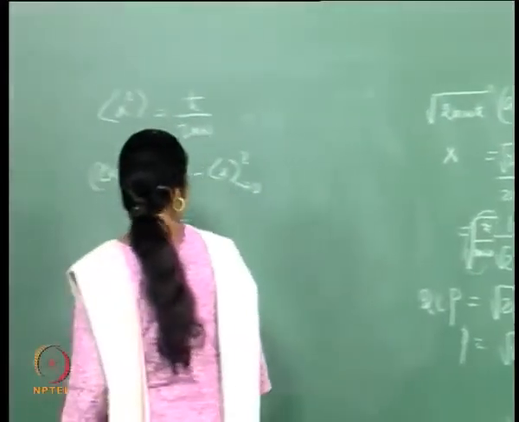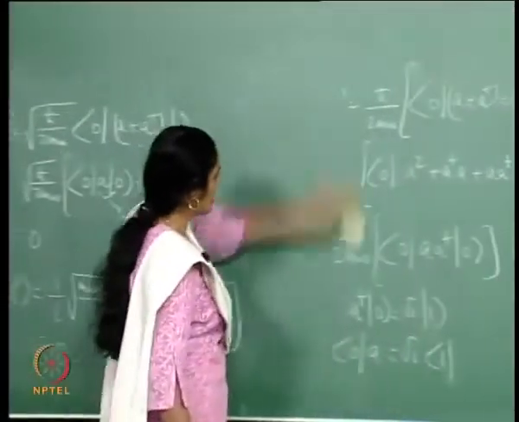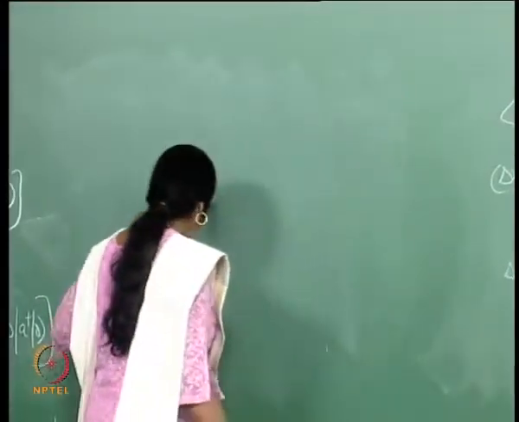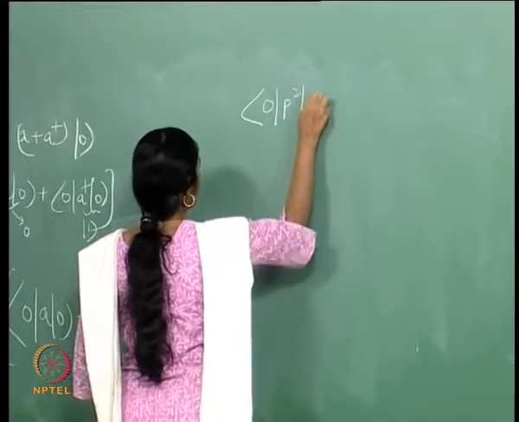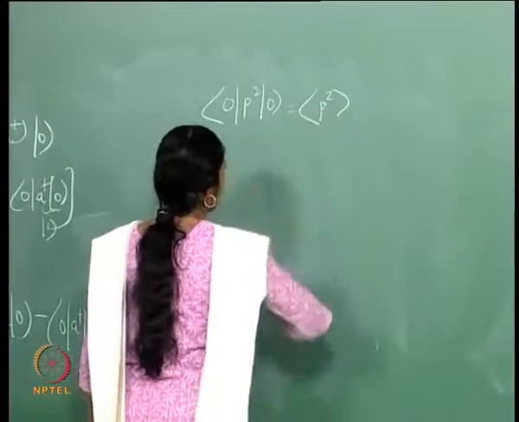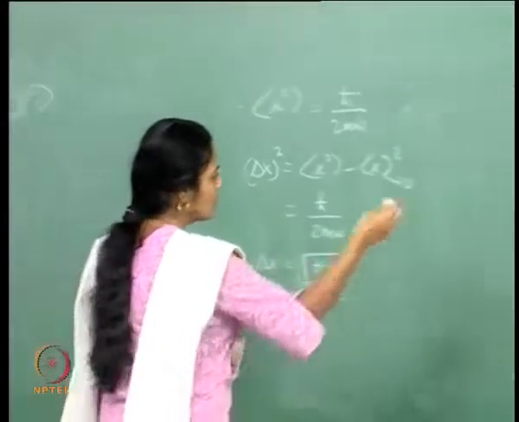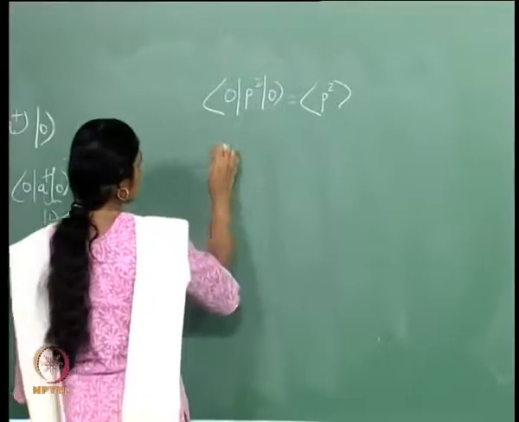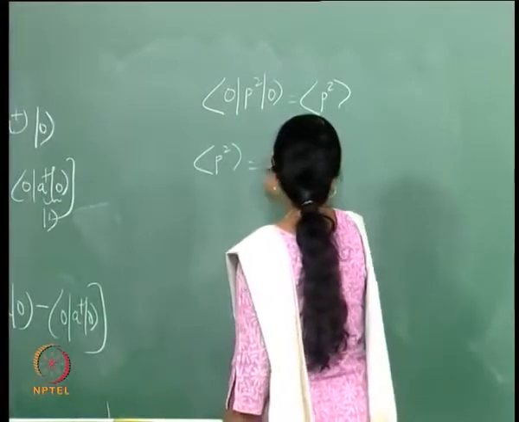Let us look at delta p. So, once more I would do this calculation. I already know that the expectation of p was 0 in this state, we have seen that. So, we need to find <0|p squared|0>. I would denote this simply by the average of p squared. So, I get the expectation of p squared is equal to m omega h cross by 2